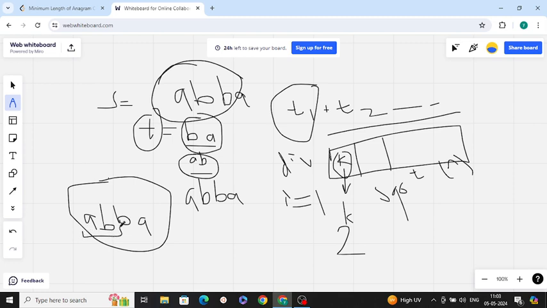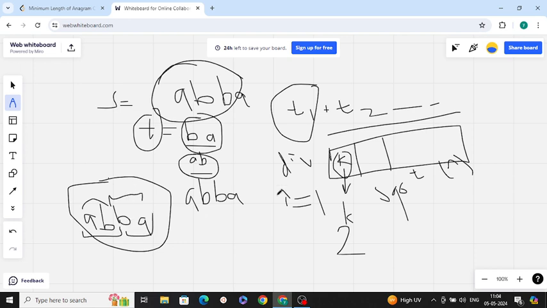We will calculate up to here and store the frequency of all the characters. Now the frequency of A is 1 and B is 1. We will store it in one map. Then similarly, we'll move to the next k elements, the next block of divisor length, and store the frequency of it.